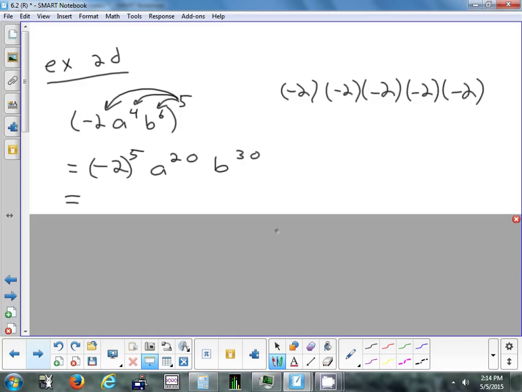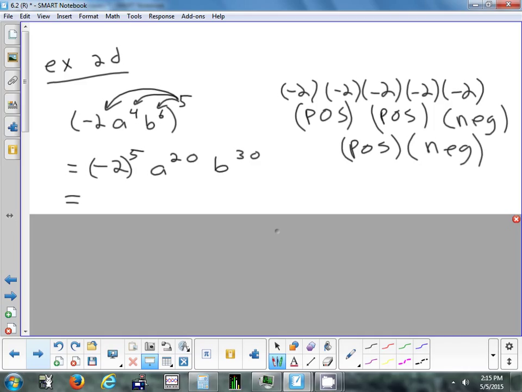Forgetting about the number, just look what happens. What's a negative times a negative? When you multiply the first 2, that's a positive. What's another negative times another negative? That's another positive. What are you left with at the end? A negative. What's a positive times a positive? Positive times positive is positive. What's a positive times a negative? Negative. So the rule that you just learned: if you have a negative number raised to an odd,